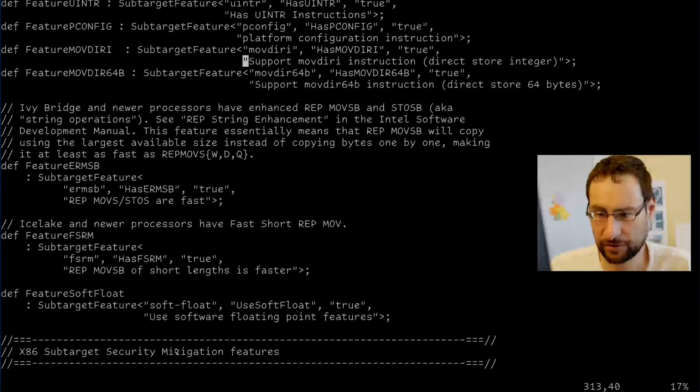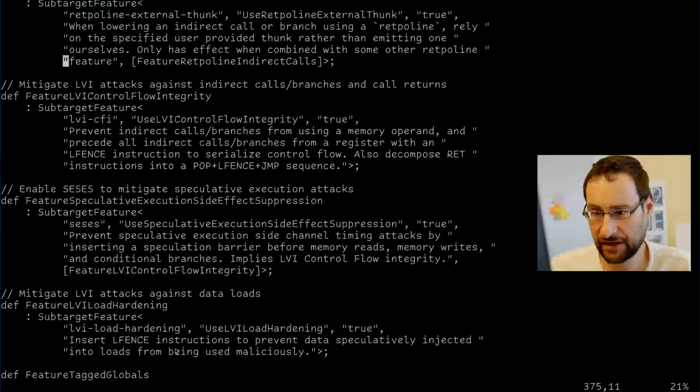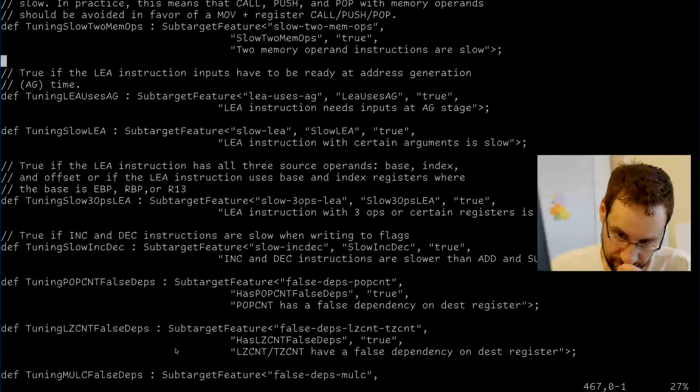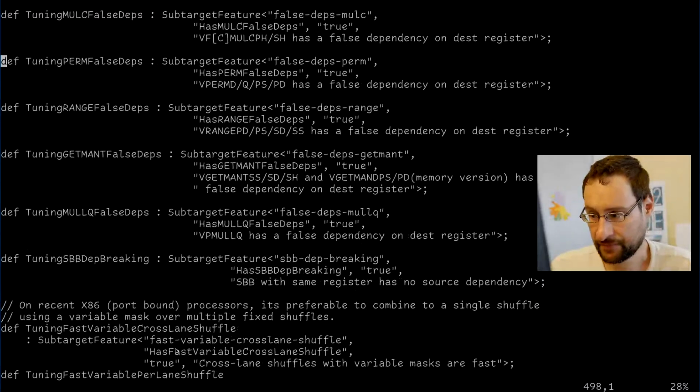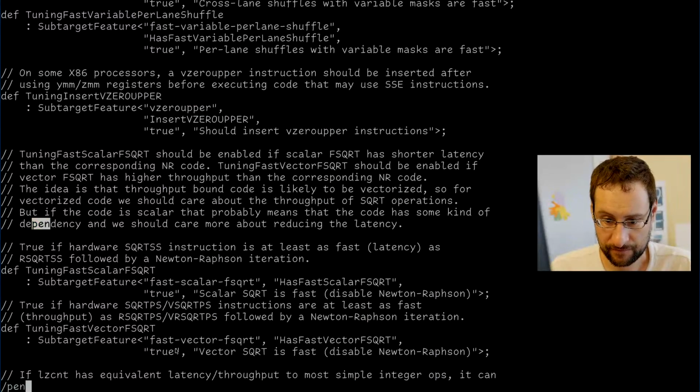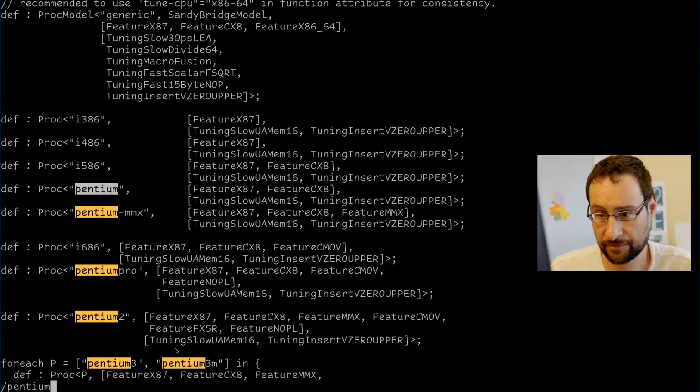Now we need to find a good place to hook into that. Maybe it's not as easy after all. I mean, that would truly suck. I mean, why do they not have... Here are some... Oh, here's 486.